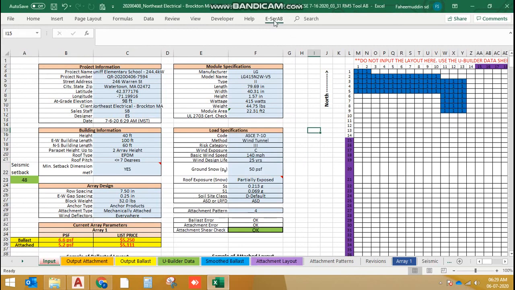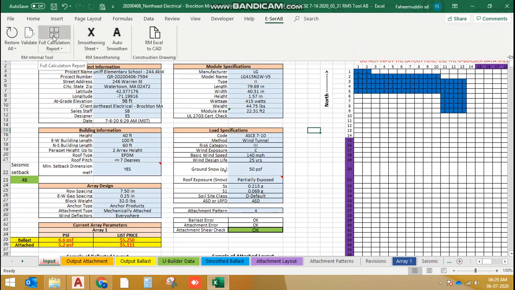Now let's move on to next one, full calculation report. If you click on this directly, you will get all linked images, and if you don't want any link, you can click on no link full calculation report. This and this button and this first one give the same result like linked report, linked images, but this third one does not give linked images, it will give just images.